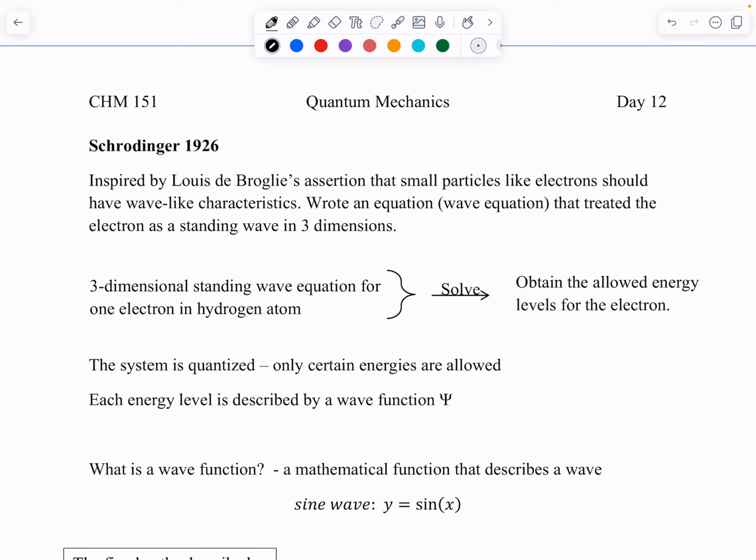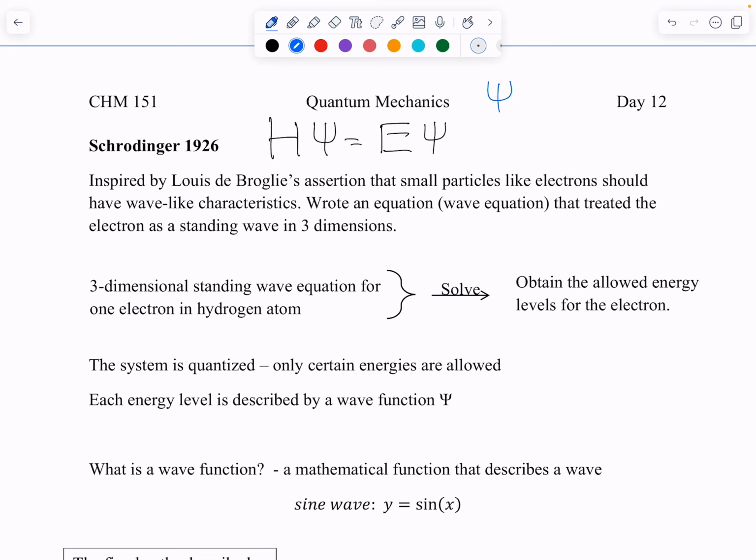1926, Schrodinger, right? Inspired by de Broglie's assertion that small particles, like electrons and other ones, should have wave-like characteristics or exhibit wave behavior, he wrote an equation that treated the electron as a standing wave in 3 dimensions. Well, what is that? That equation is H psi equals E psi, and that's pretty much where we're going to leave it because it gets a little bit more crazy from there. All right, so first of all, psi,